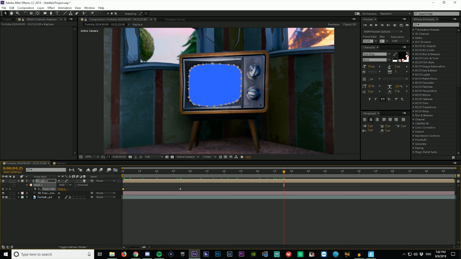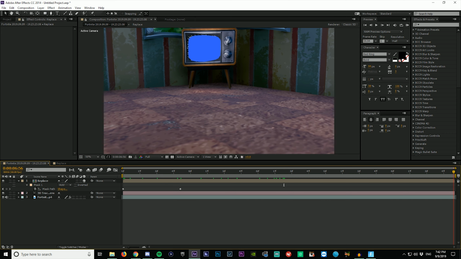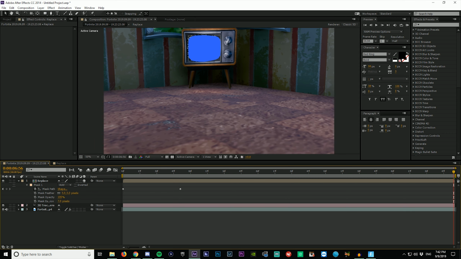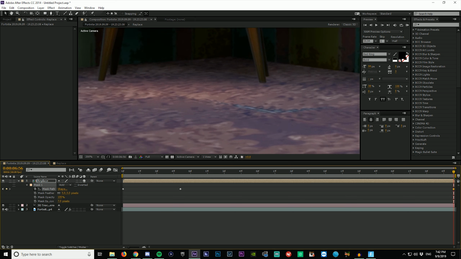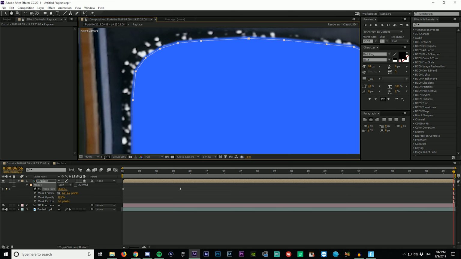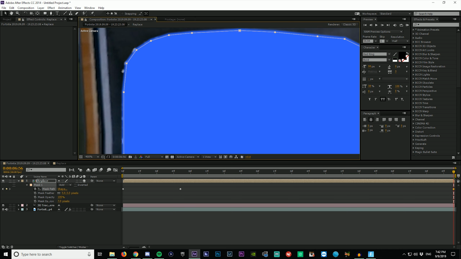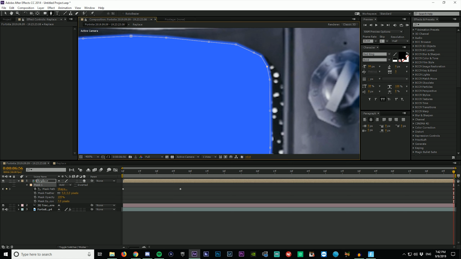Then go all the way to the end, a little bit at a time, and you can see that this is starting to come off. At the end it's definitely not perfect, it's not on the spot where you want it to be. So make a keyframe, zoom in, and drag the points of your mask back to where they are. Center it on the line, make whatever adjustments you need, and then move your keyframes so that they are properly covering up the